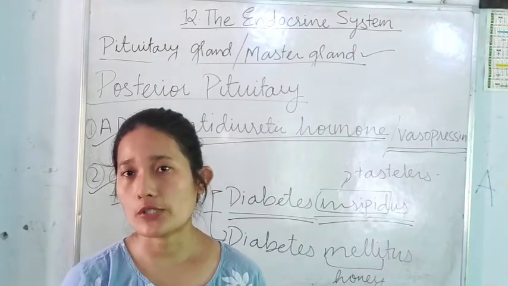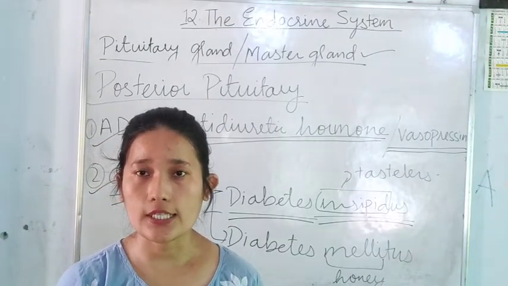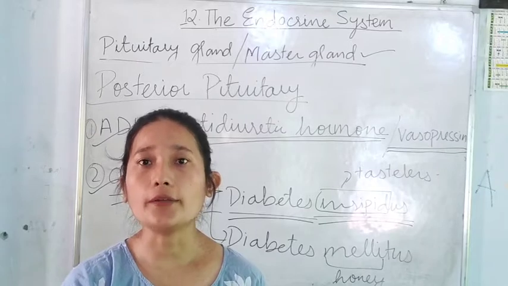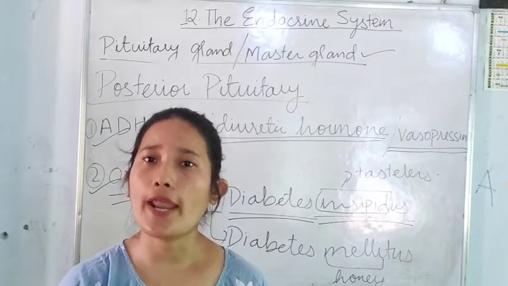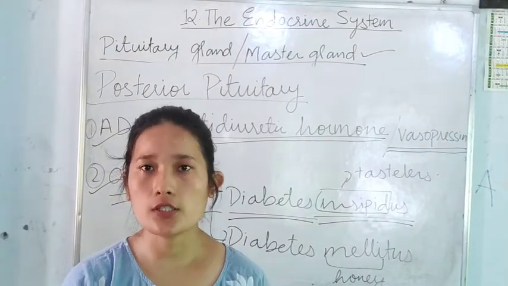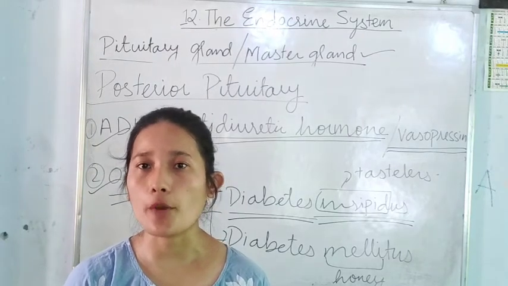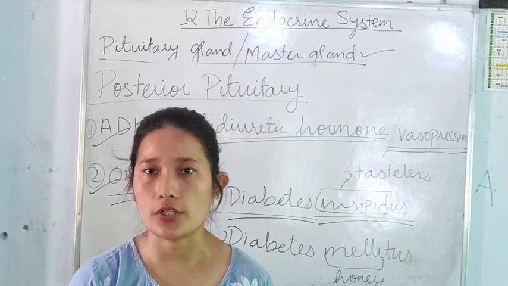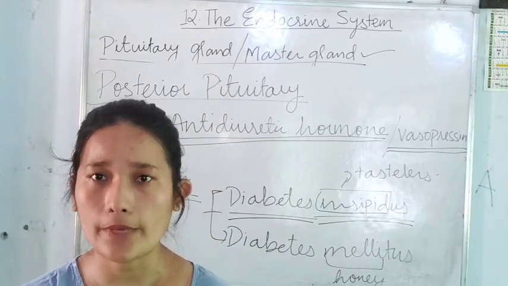I told you, while starting you have to go through the location, hormone secreted, function and disease because of hypo and hypersecretion. I suggest you go through the syllabus that I have already provided you, so that you can cover those topics which are in the syllabus only. Now next you will be dealing with the feedback mechanism.